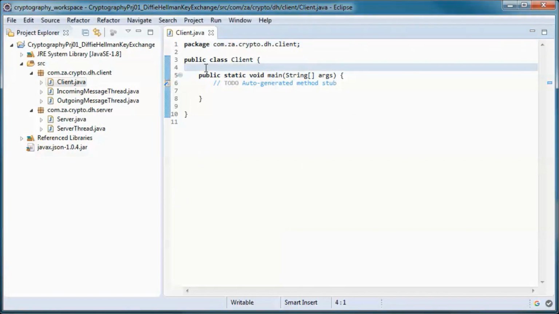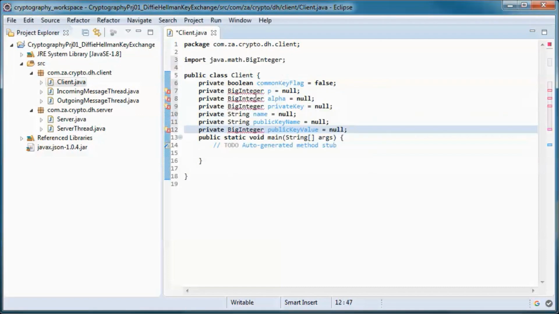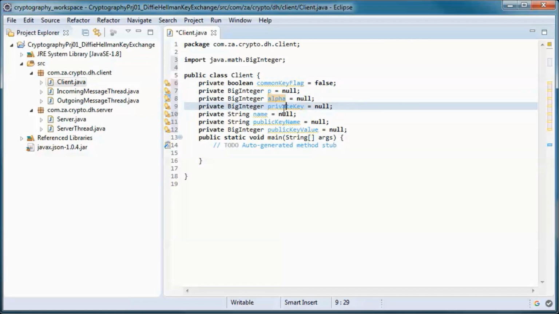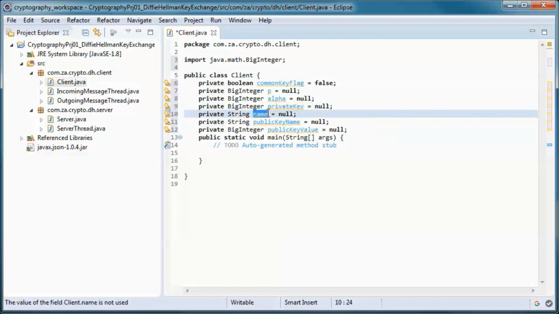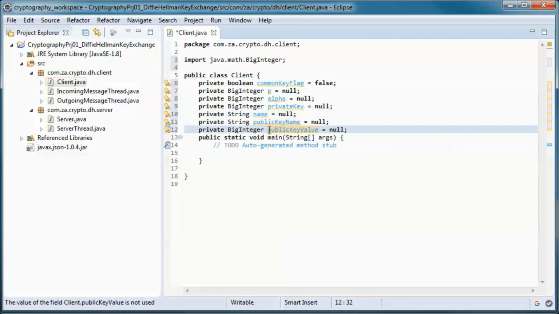Now here we will keep track of the prime number P and the generator alpha, and the private key and the name, so Alice or Bob, and the public key name, so uppercase A or uppercase B for Alice and Bob, and the public key value.